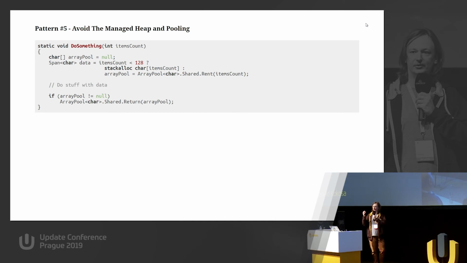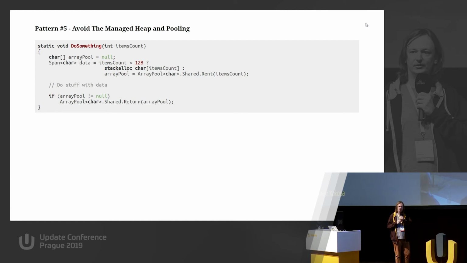And because of this risk of killing our application, this is a common pattern you can meet in code that is using stackalloc. You need some temporary data with a given size. If this size is small, you will be stack allocating it. But if it is big, and obviously the threshold is problematic here, what is small, what is big, but we have this threshold, and if the size is bigger than this threshold, we are not stack allocating data, but just renting from the pool.